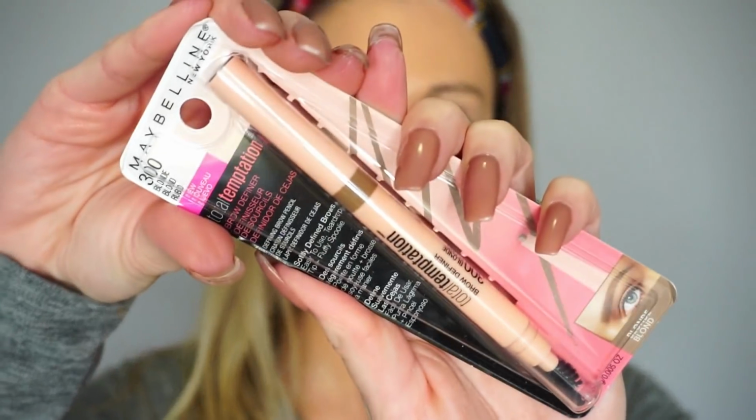I did get a new brow pencil. This one is also from Maybelline. It's the Total Temptation Brow Definer. This is what the package looks like. This was $7.99 from Ulta, and I was a little bit bummed because they only have 4 different shades of this,